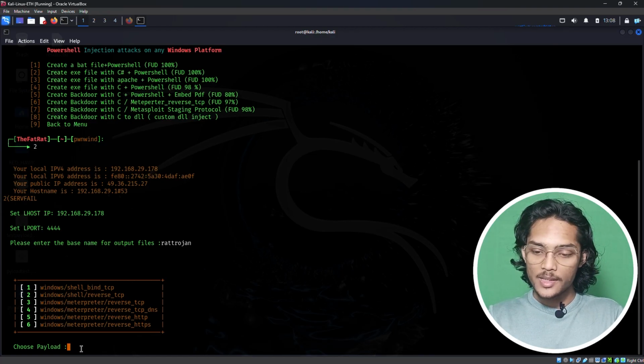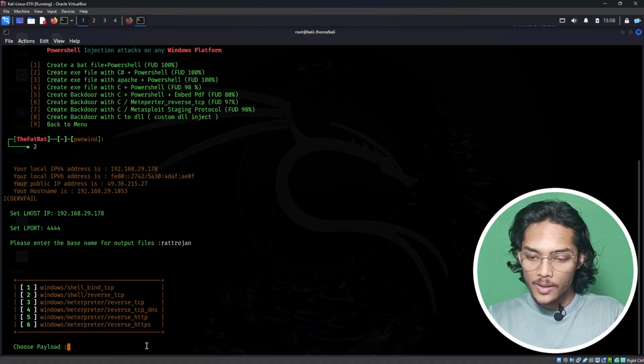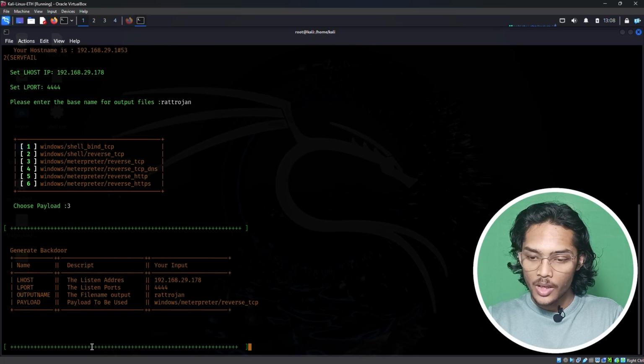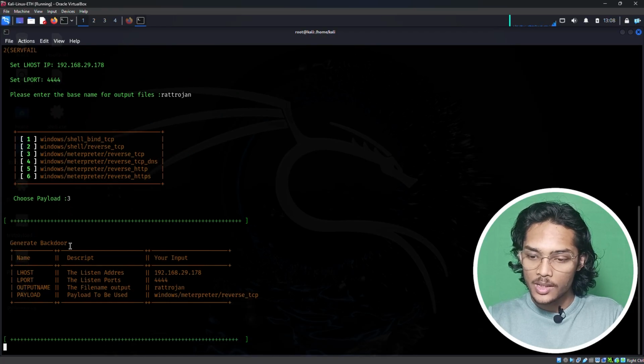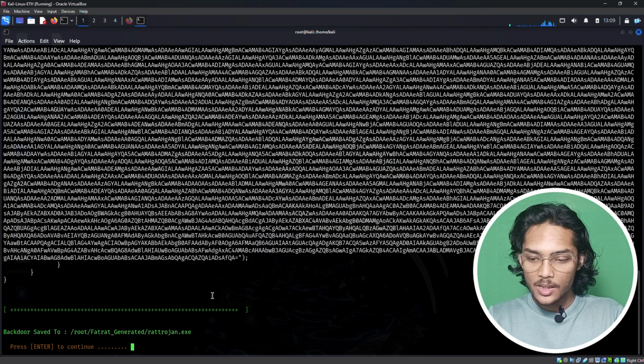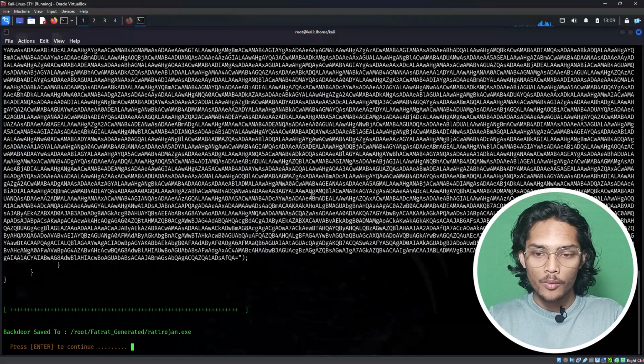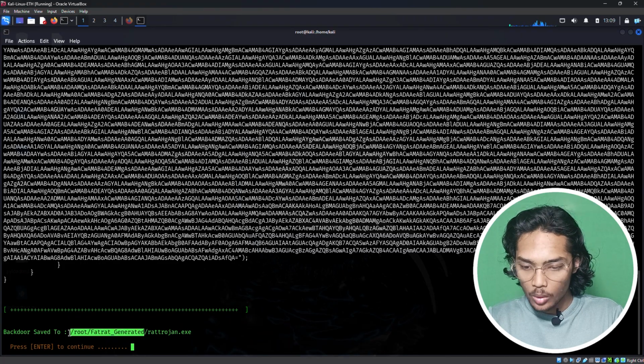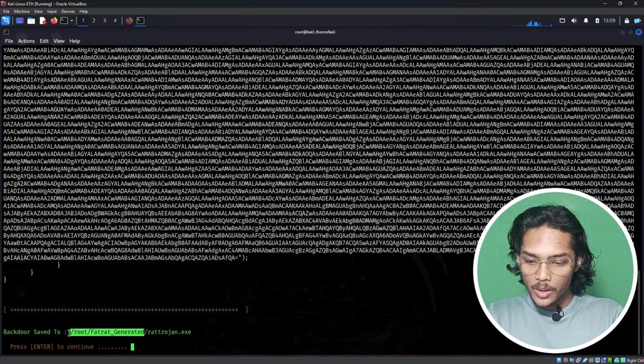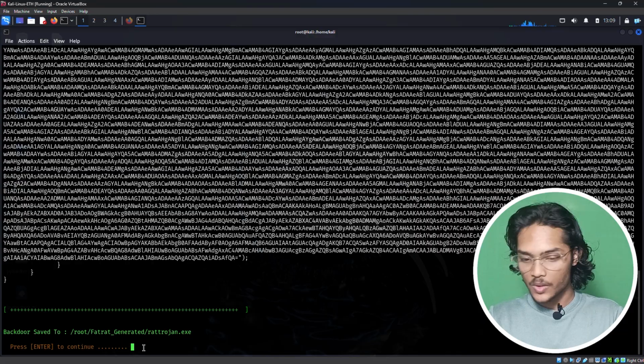As we can see, it is a fully automated tool. We don't have to go through all the manual options. It is giving us options right away. So we will just select this Meterpreter reverse TCP payload. So we will type 3 and hit enter, and we have chosen our payload. It has generated the backdoor, and as we can see, this is the code of this backdoor. So let's copy this path. It will be useful from now. So we will hit